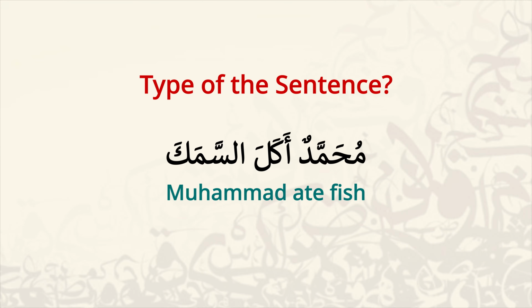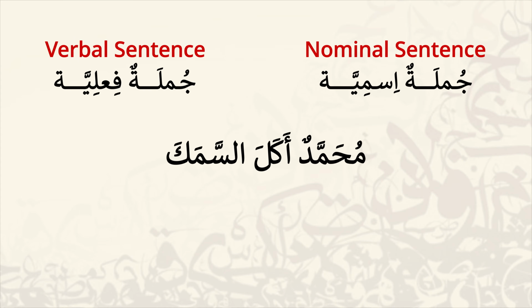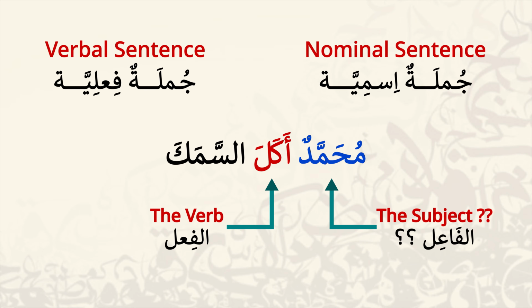Do you know the type of this sentence? محمد أكل السمك. Is it nominal or verbal? What about the verb أكل? Where is its subject, الفاعل? Is it محمد? No, it's not. To know the answer of this question and to understand many things about conjugation and verbal sentences,